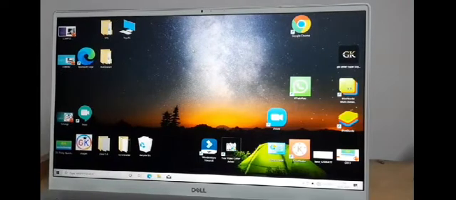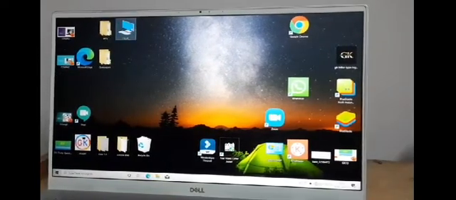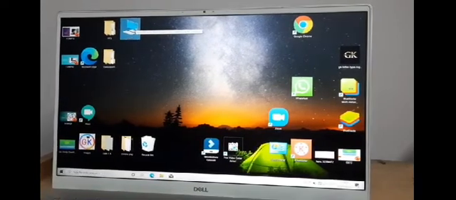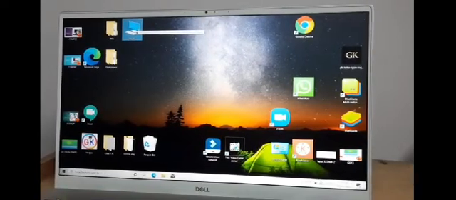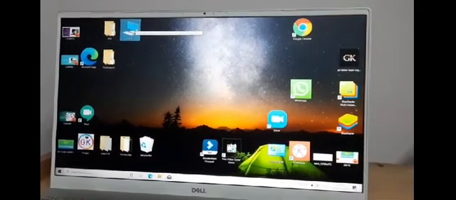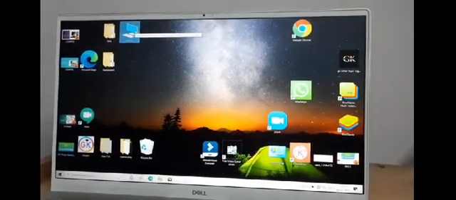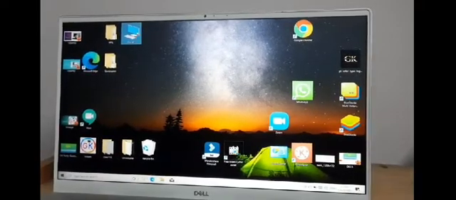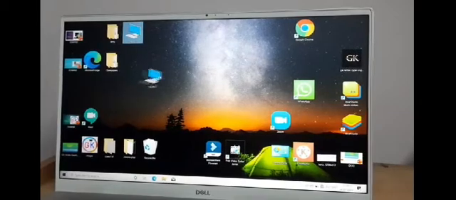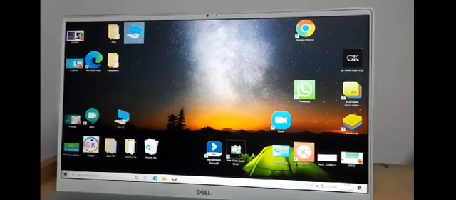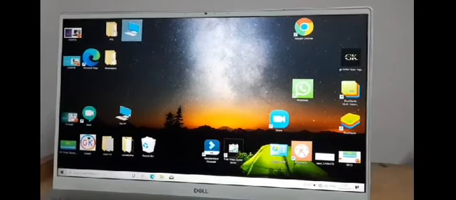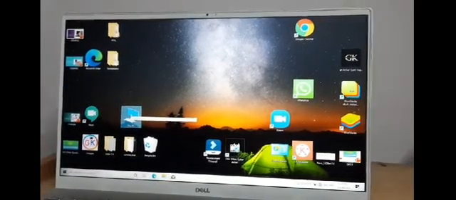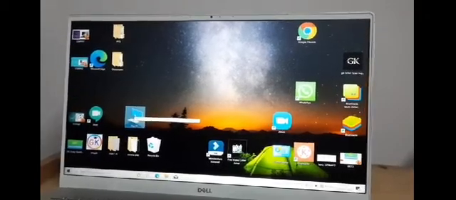So how can I move this icon? You simply click it and then do not leave the mouse pointer. Press the mouse pointer and then drag it. I know you all already know what dragging is, because you have already done that in your junior classes. So then you have to drag it. Click and just bring it wherever you want to paste it. So I will bring it here and then release your mouse button. You will see that the icon will appear in the new place. That is known as moving an icon.